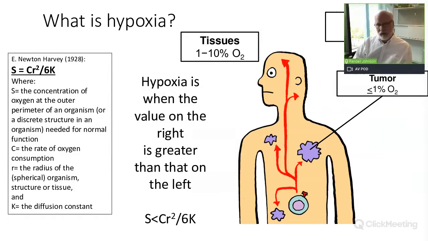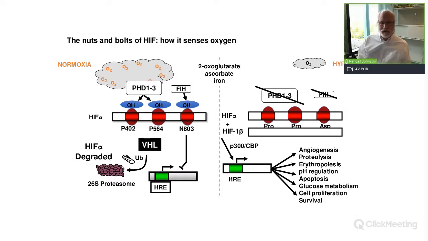So here's the sort of obligatory HIF slide. And I assume everybody here is quite familiar with that as well. So I won't really go through and spend much time on it other than to point out that, of course, a couple of years ago, this gave rise to a Nobel Prize. And that Nobel Prize was both for the discovery of the transcription factor itself, in this case, HIF alpha, but also for the mechanism for regulating that transcription factor. And of course, even for potential pharmacological mechanisms for